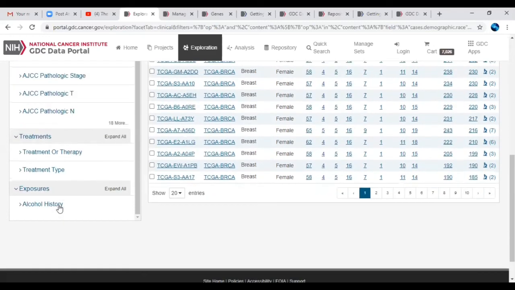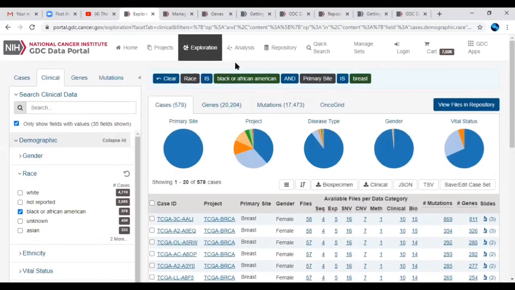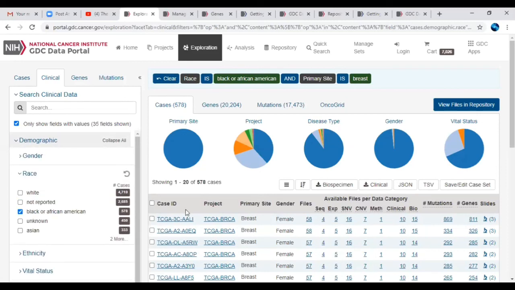You can use these filters based on the clinical data. Whenever you click this, the page will automatically refresh, and the cases will reduce or increase based on how many cases have been registered with respect to your search option.